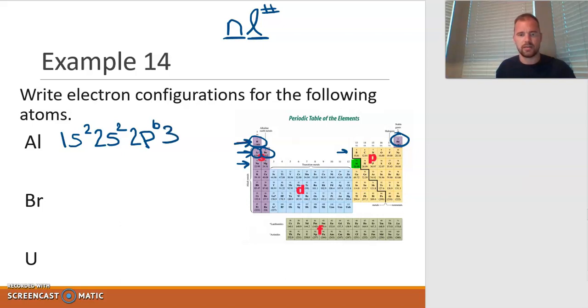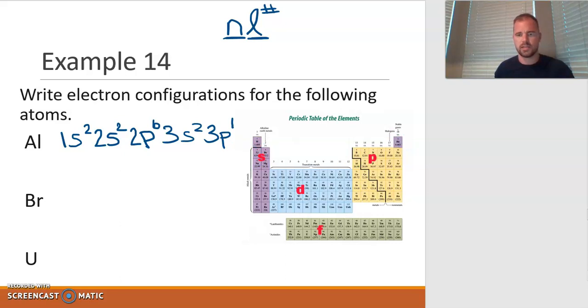We're in the third energy level. We're back to the S block. And we go all the way through sodium and magnesium, so 2. And hopefully you're seeing a theme. S subshells, as a reminder, can only hold 2 electrons. Then we come over here. We're in the third energy level still, but now we're in the P subshell. But we're going to stop actually just at this first element because we're at aluminum. So we only go 1 electron in to the P subshell. So if I were to clean this up a little bit,